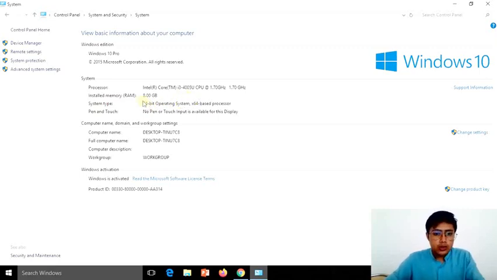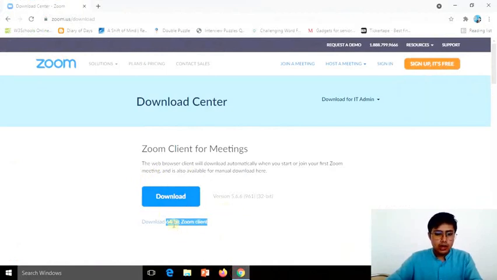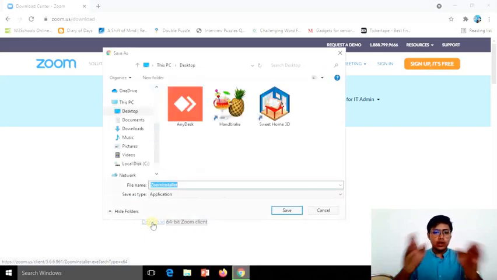In your case, if you see, instead of 64, it is written 32-bit, it means your laptop operating system is a 32-bit operating system. Clear? Very easy. In very common words, I have explained this part to you. Now, once you have found this, you have to download the respective software. Mine is 64-bit, so I click on this download button. As soon as I do that, a window will open in front of me and it will ask me to save this Zoom installer file somewhere.